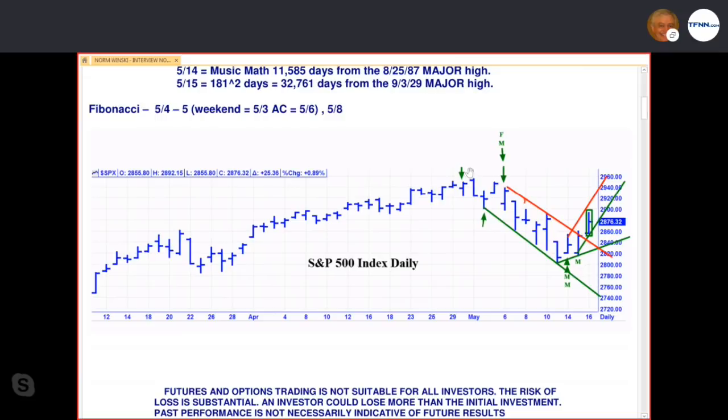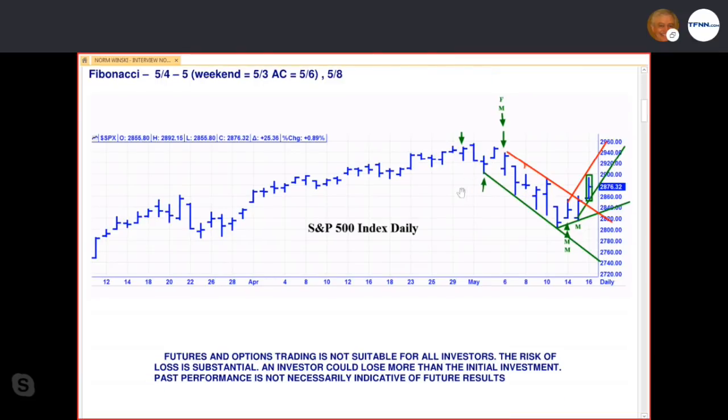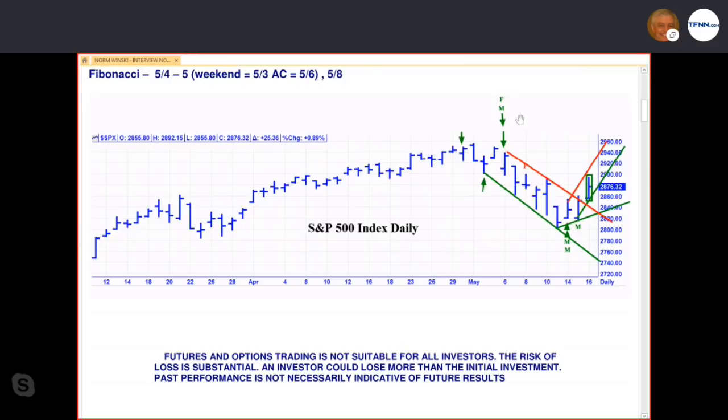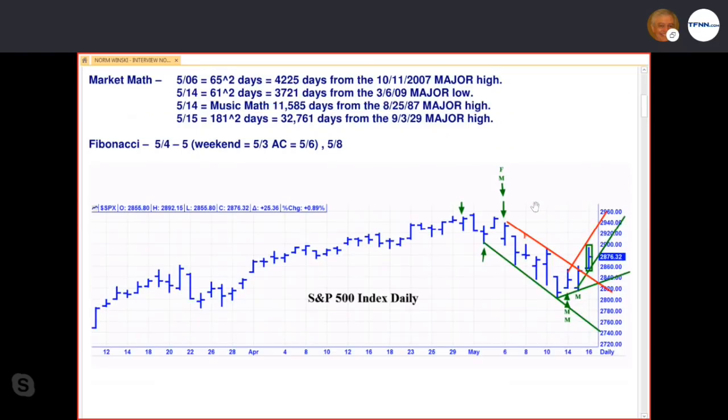Then the S&P came down, and our next date was into the night of the 1st, and there we made a nice low. We went back up into the new moon, had a big cluster over the May 3rd weekend into the 6th. The high was really on Friday the 3rd, but we didn't miss it by much, and the next day we were making a top there, and then we were down pretty much all the way till the 14th, which was my